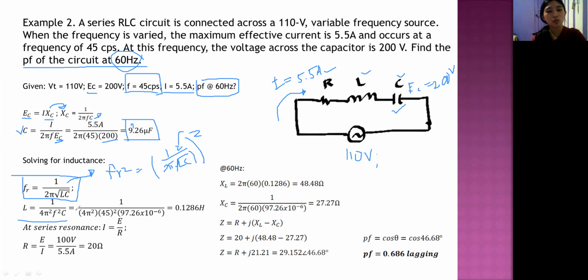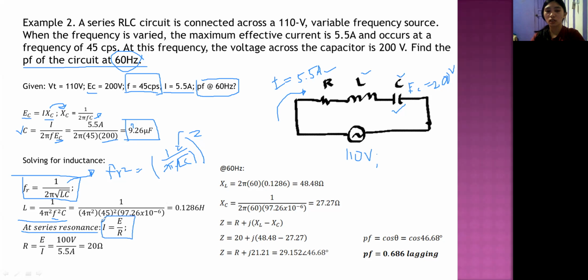So it equals 1 over 4 pi squared times the value of the frequency, which is 45 cycles per second squared, times the value of the capacitance, which is 97.26 times 10 negative 6, or 97.26 microfarad. So if you calculate this, you'll get an answer of 0.128 Henry. So this is our series resonance. So at series resonance,